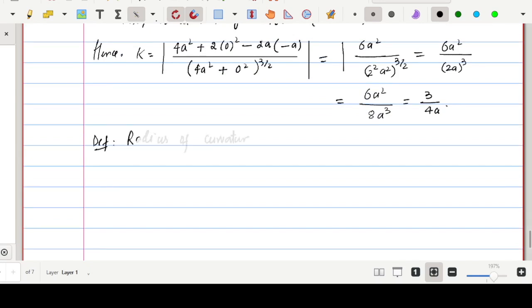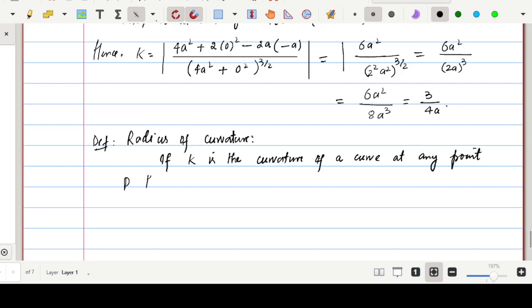Now we shall continue this lecture with one more definition, that is the radius of curvature. Radius of curvature का बिल्कुल आसान सा फार्मूला है. If k or kappa is the curvature of a curve at any point p, then radius of curvature is given by